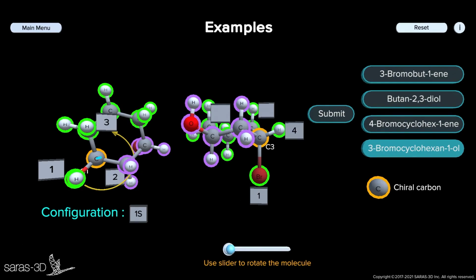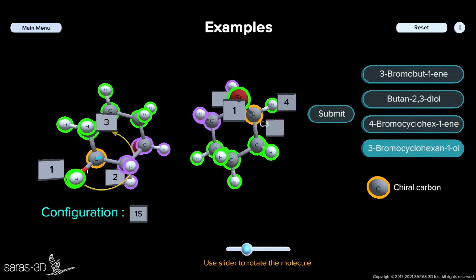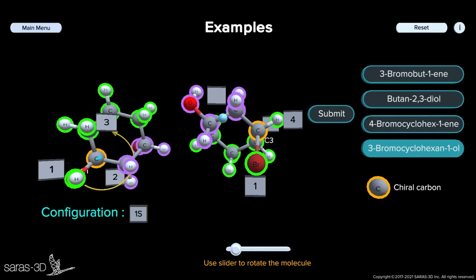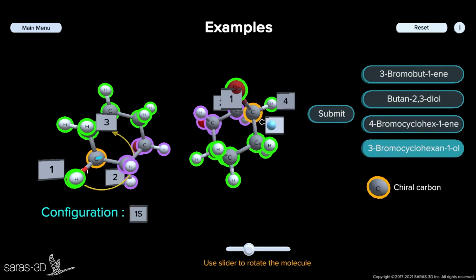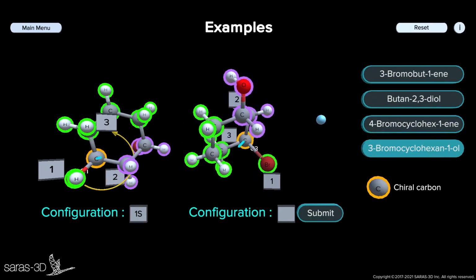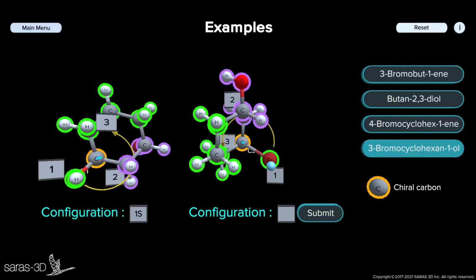Now rotate the molecule to view the groups clearly. So the group that is highlighted with a purple color will have the second priority, and that with the green color will have the third priority. And after assigning the priority, view the molecule from the opposite side of the least priority group. We see in the decreasing order of priority, the eye is rotating again in an anti-clockwise direction. So on the third carbon, the configuration will be S. So this molecule is 1S,3S,